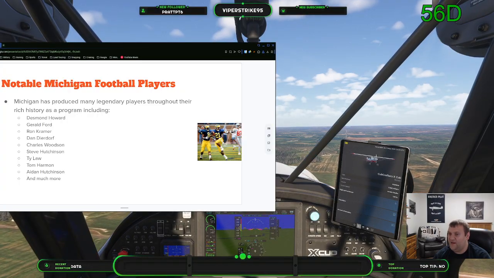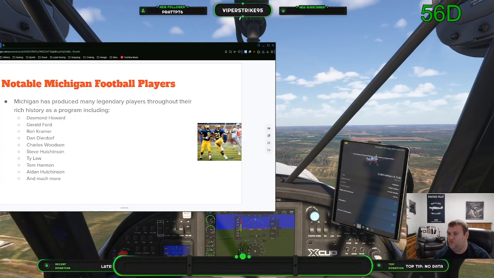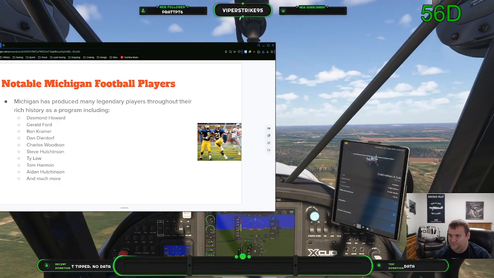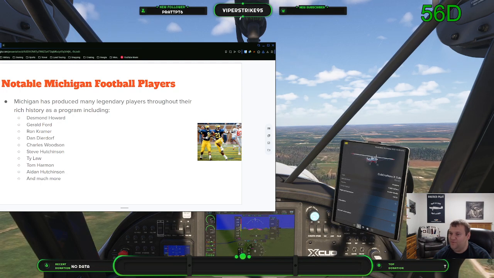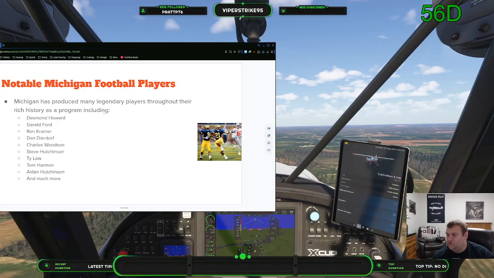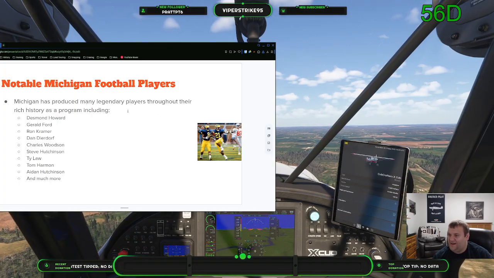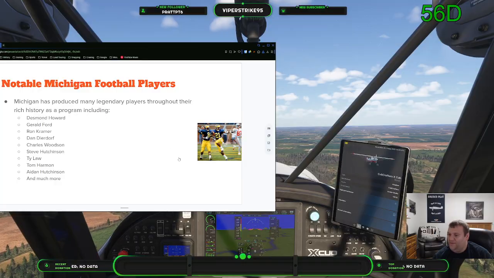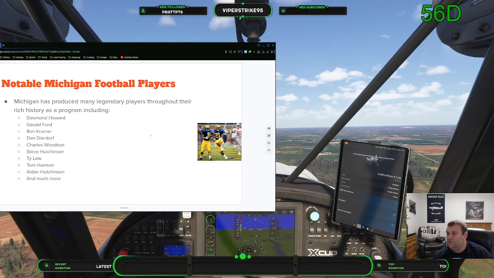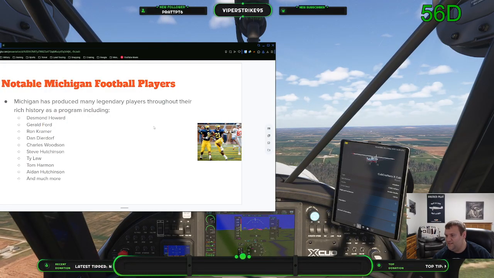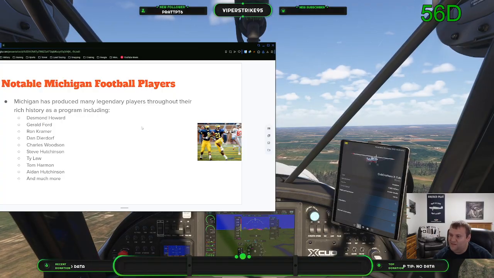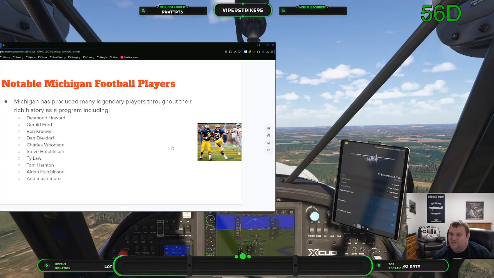And afterwards, we have, of course, Charles Woodson, who also won the Heisman Trophy. He's had both an amazing college and pro career as well. Star cornerback for both the Raiders and Packers. During his NFL time, he was a 9-time Pro Bowler, 8-time All-Pro. He won both Defensive Rookie of the Year in 1998 and the 2009 Defensive Player of the Year. He won a Super Bowl and was part of the 2000s All-Decade team in the NFL.